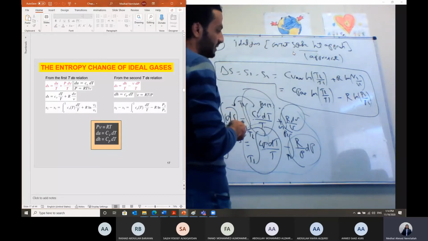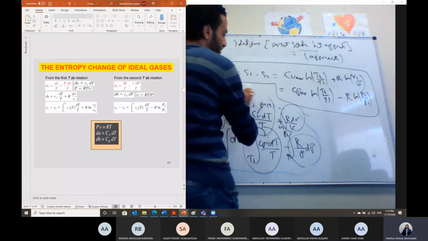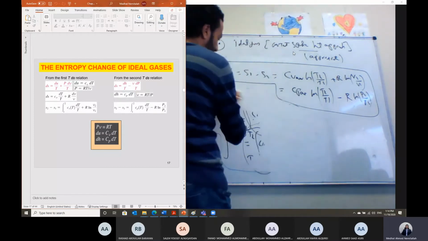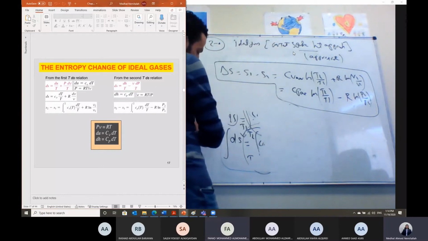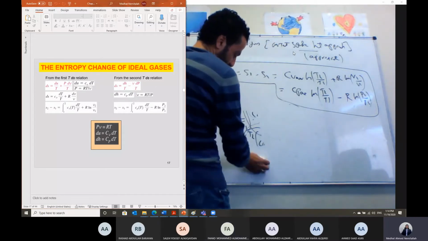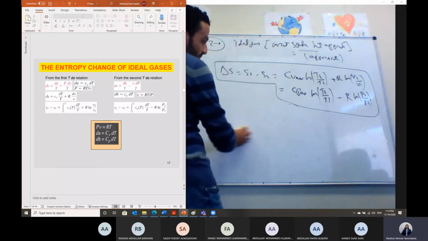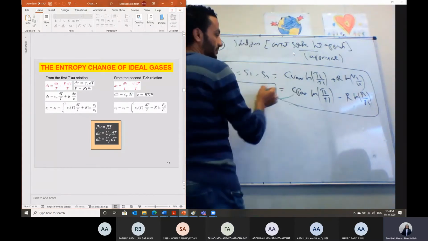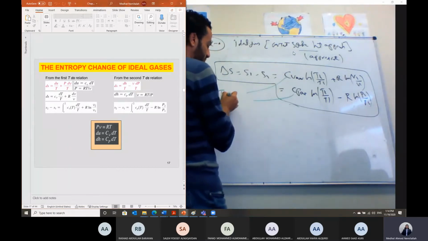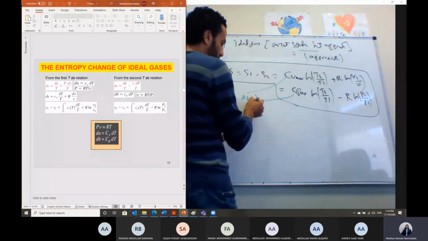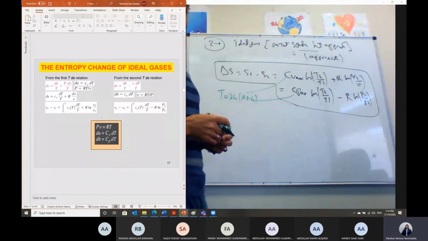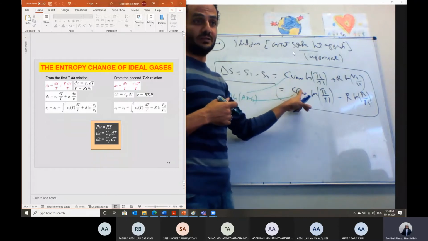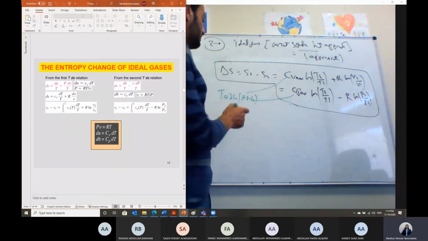But from where can we get CV average and CP average? Do you remember? From where? How do we calculate CV average and CP average? So those two are calculated from where? From table A-2b, as we have learned for the case of calculating delta U and delta H following the constant specific heat analysis. So it is the same, from table A-2b,